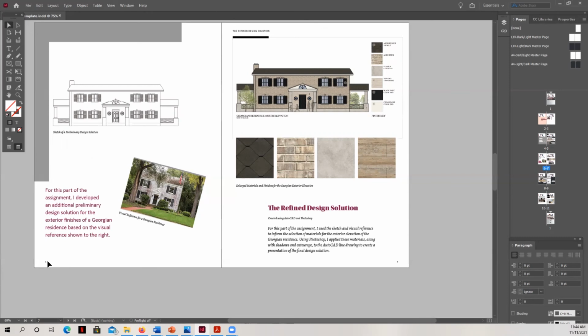So the idea is that you go through the entire portfolio previewed, then you make your changes, and then you go through it again. And it's just a series of subsequent reviews of your portfolio until it's good enough to show to a second set of eyes for a review.